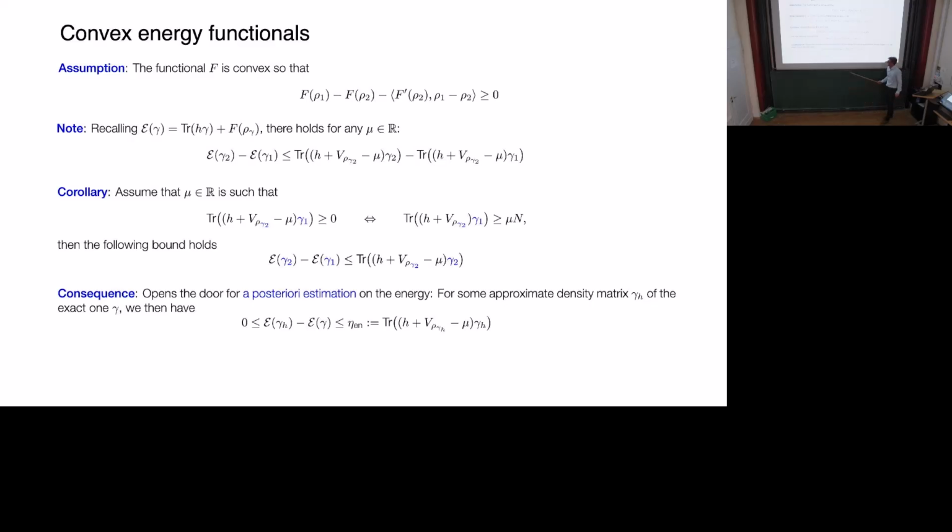So, if you have a conforming approximation, you can show that this energy is always larger than this one, just by the minimization principle on a smaller subspace than the full one. And you can upper bound this by this, if you know the mu. But this is computable if you have gamma h, the numerical solution. And this then can be used to give also lower bounds of